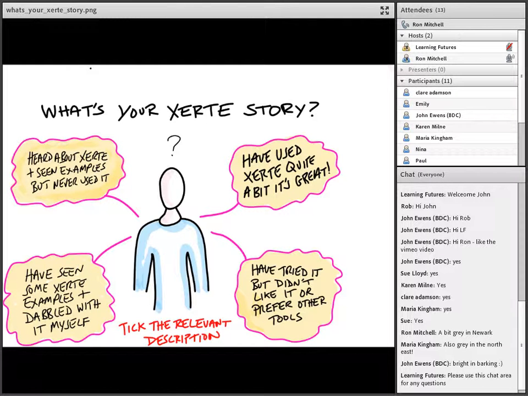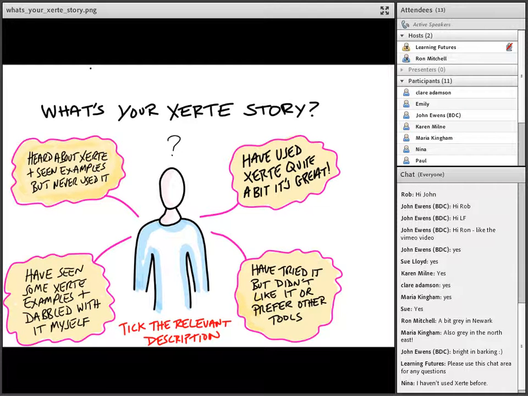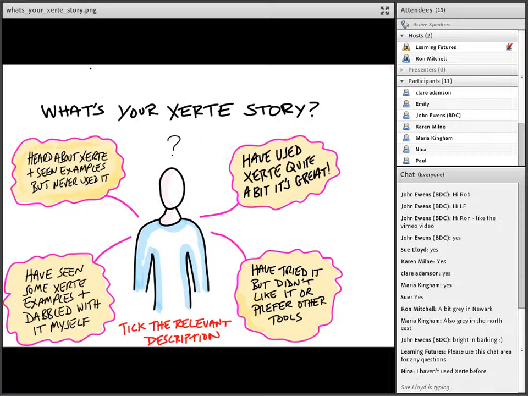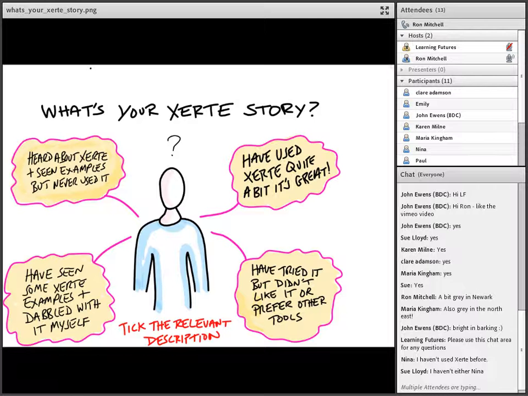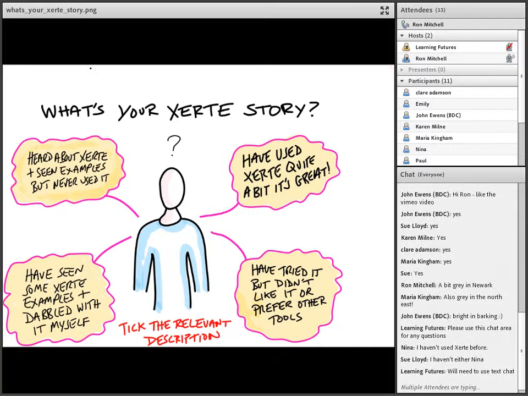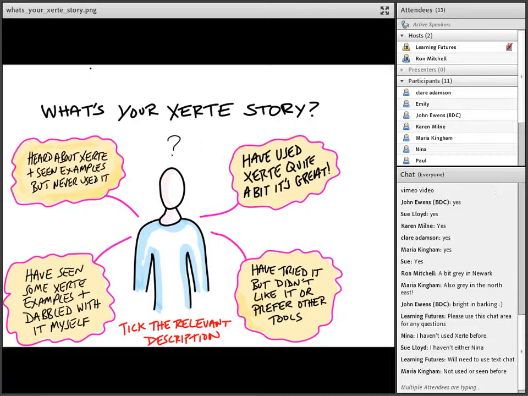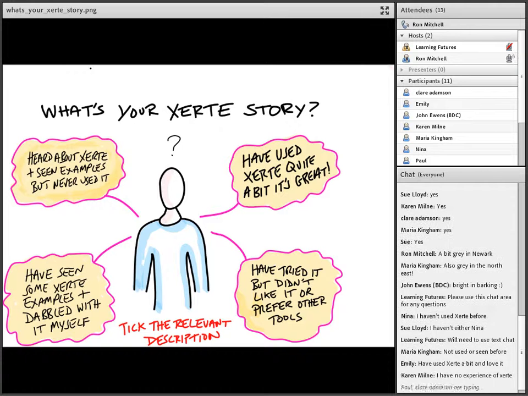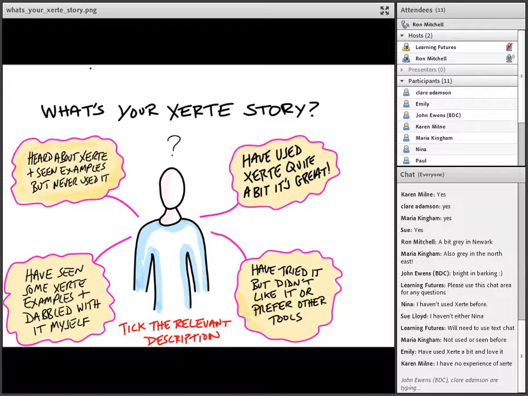Or maybe use the text tool, and maybe Rob, if I'm not aware of enabling that. Okay, so people are putting in the text chat rather than ticking the document. What I was hoping for was just a kind of tick like this on there. Not used or seen it before. Okay, so you'll need to use text chat.